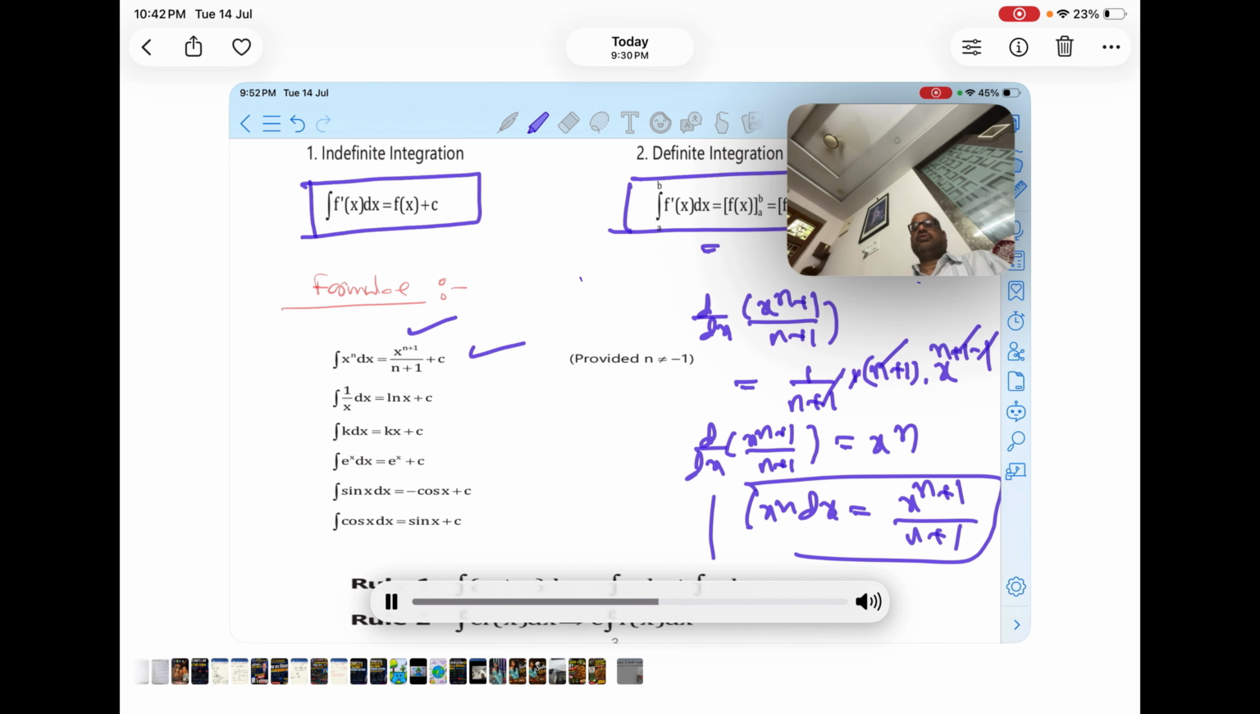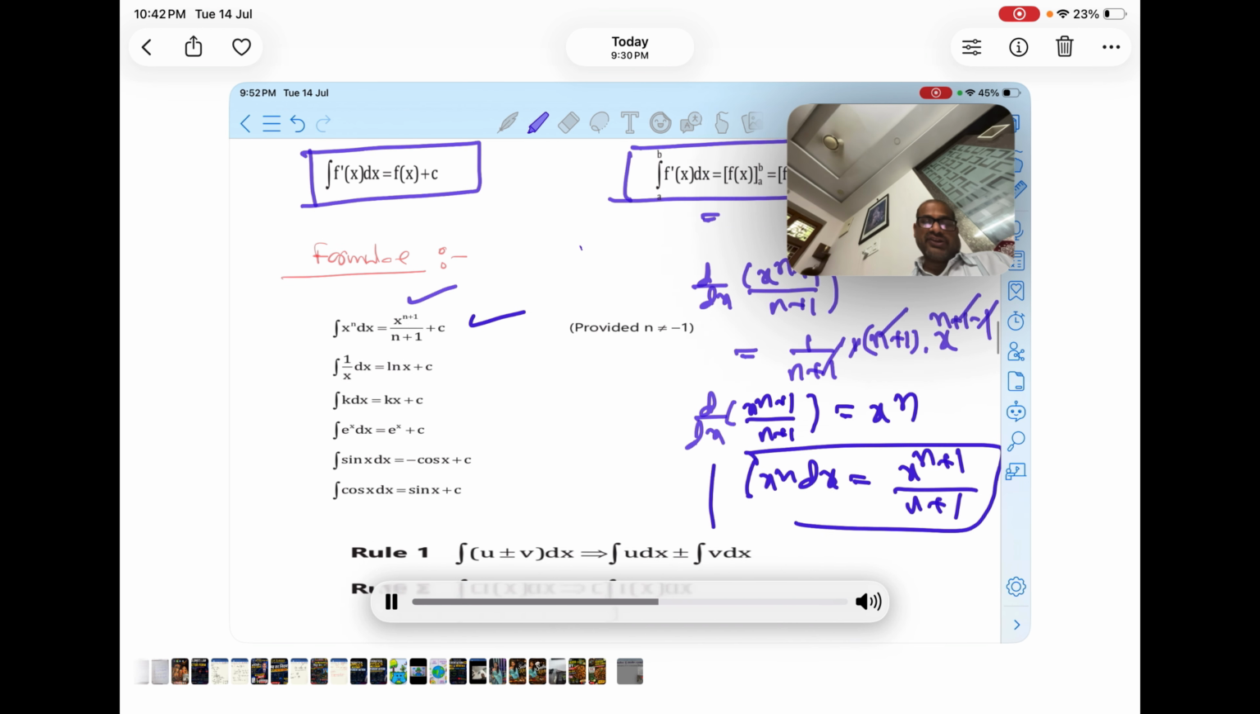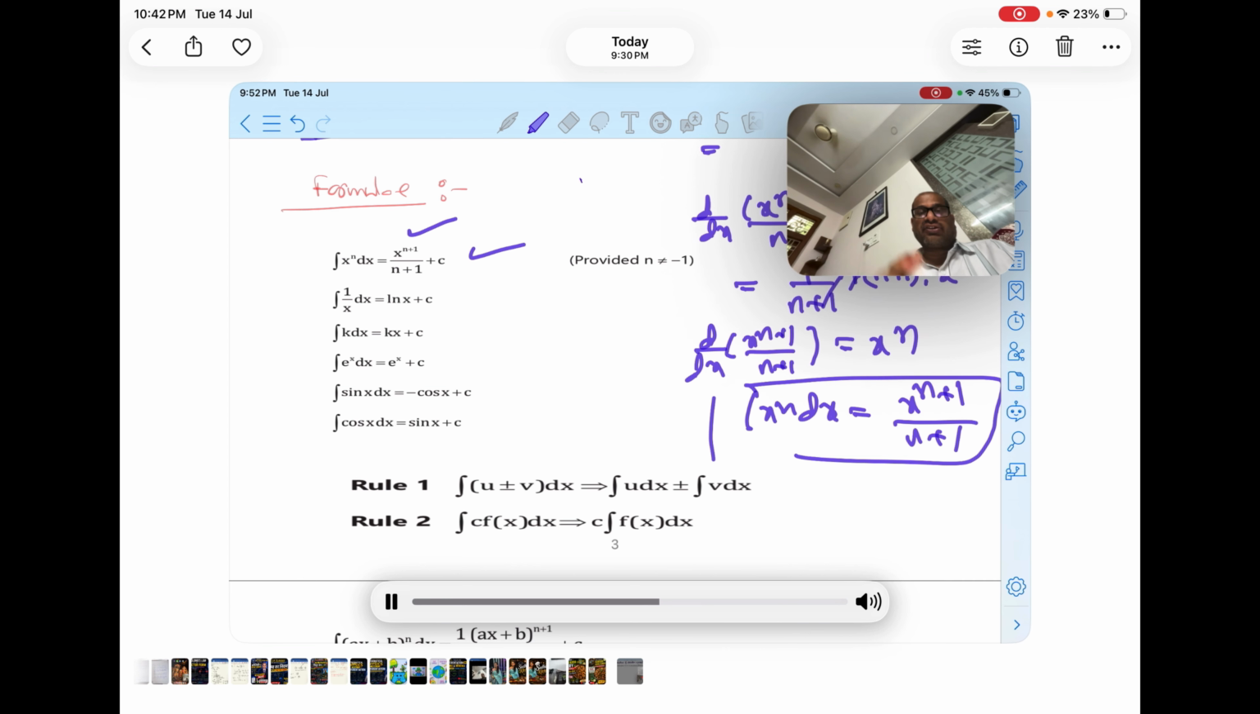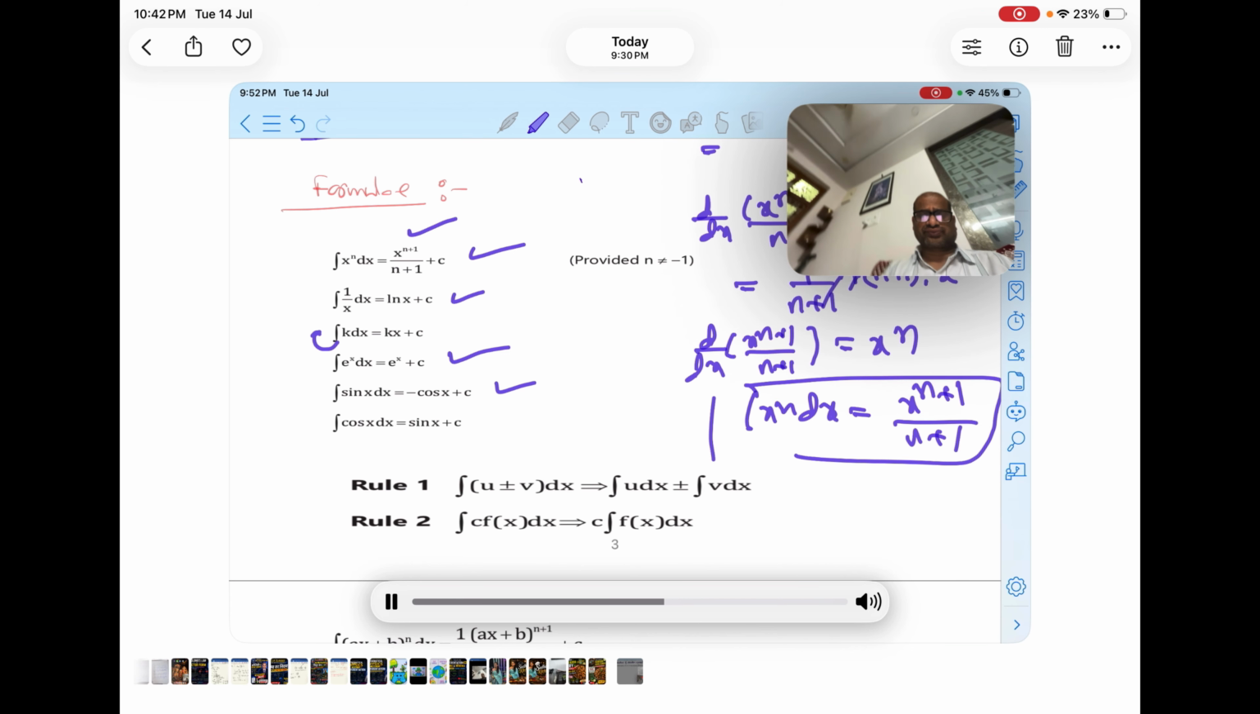ठीक है, इसी तरीके से d by dx of log x हमें पता है 1 by x, इंटीग्रेशन ऑफ 1 by x इज log x, कांस्टेंट रहा तो इसको बाहर निकालेंगे k इंटू x। d by dx of e power x क्या है, e power x, इंटीग्रेशन ऑफ e power x होगा e power x। d by dx of cos x इज माइनस sin x, इंटीग्रेशन ऑफ sin x होगा माइनस cos x। ठीक है, अभी d by dx of sin x होगा cos x, इंटीग्रेशन ऑफ cos x होगा sin x।